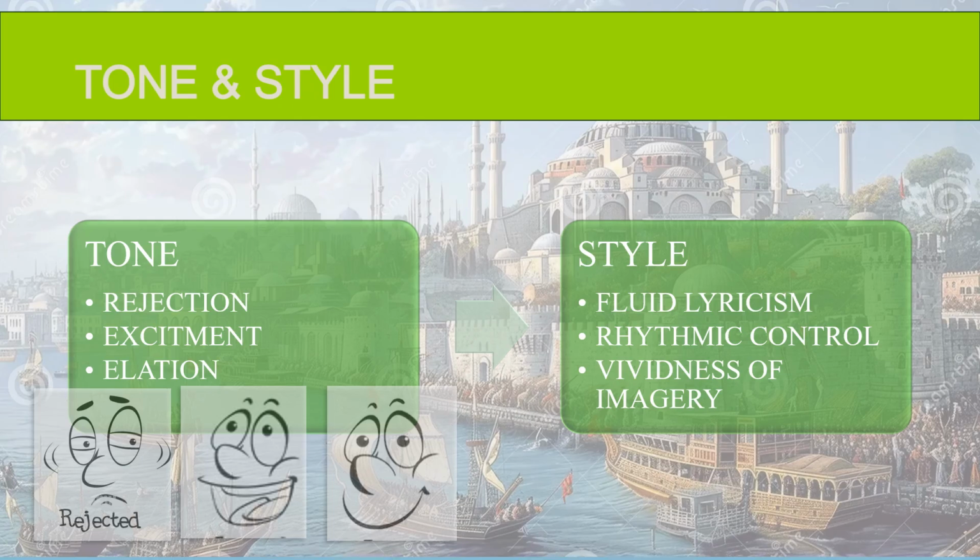In terms of style, the poem is notable for its fluid lyricism, rhythmic control, and vividness of imagery. Vintage Yeats, in fact. The first stanza contains a beautiful five-line paean to the creative process of nature. The beauty of the lines does not depend only on their concrete descriptive or visual images, but emerges from the verbal blending of what the eye sees with what the imagination makes of it.